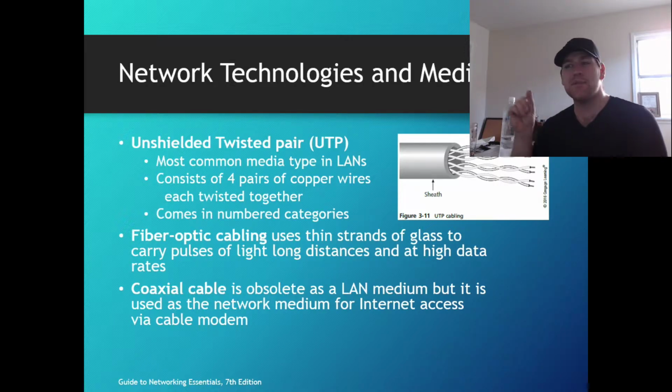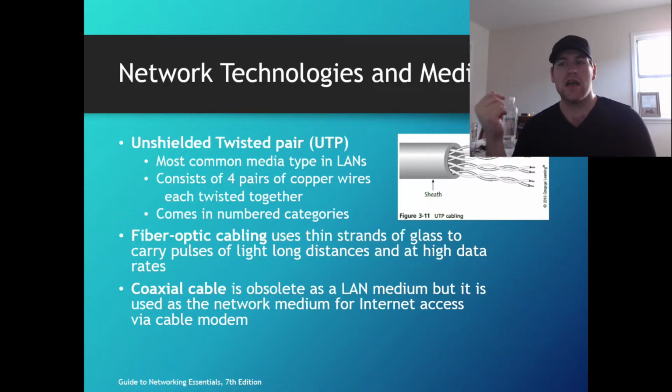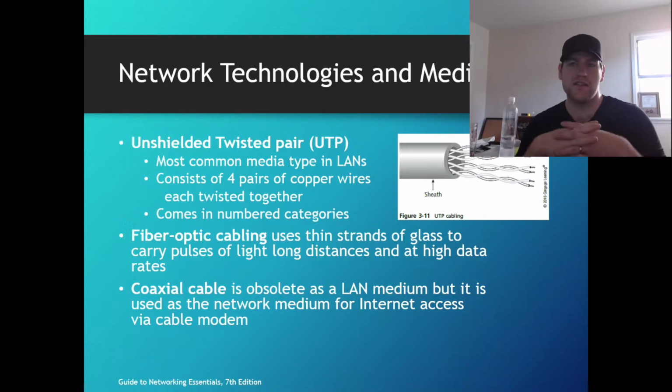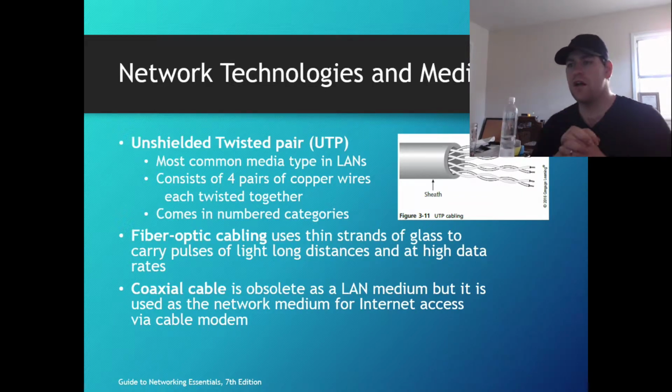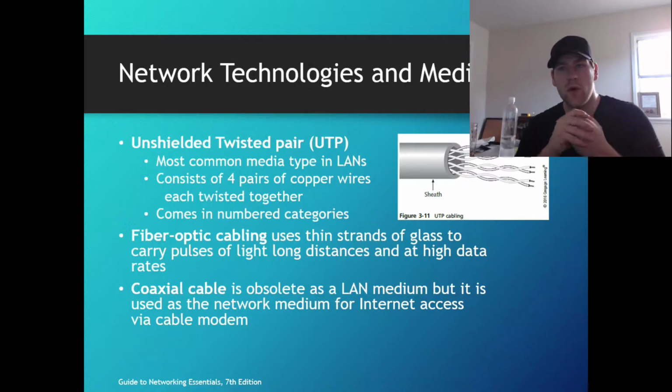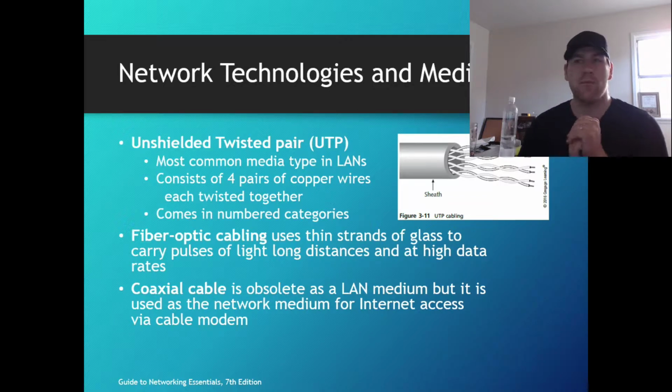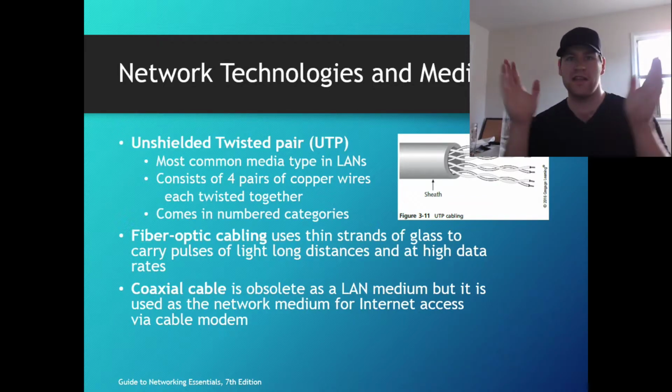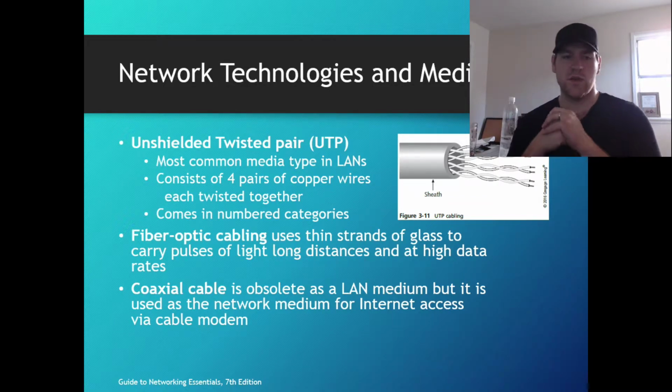You also have STP, shielded twisted pair, and we'll look at all of this in more depth in the next chapter. Unshielded twisted pair consists of 4 pairs of copper wires, all twisted together. The twists have a purpose. It's not just arbitrary why they twist them. It actually has to do with